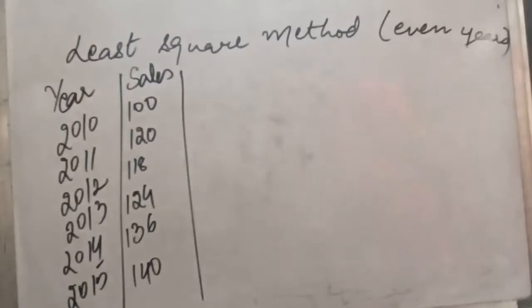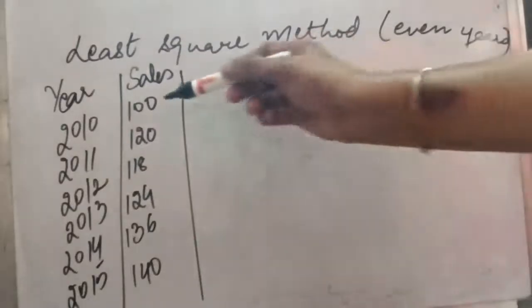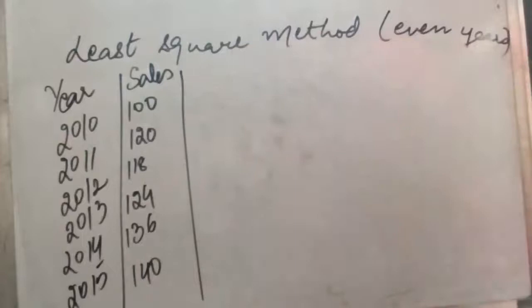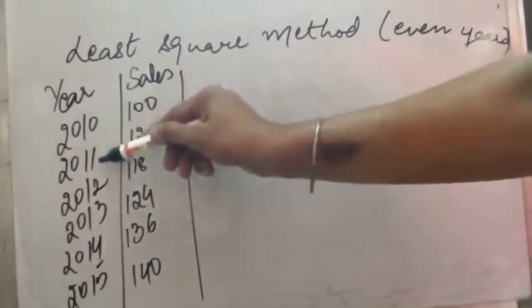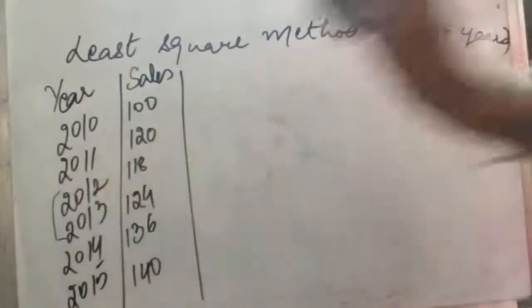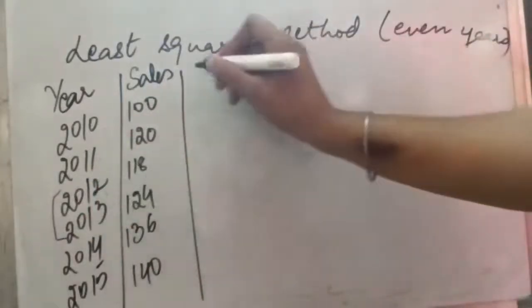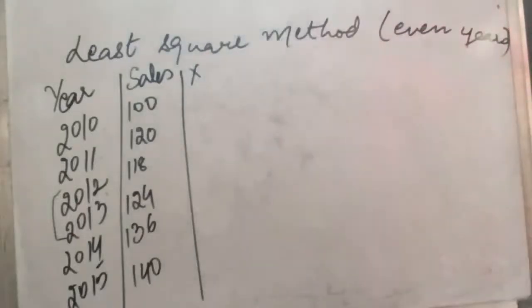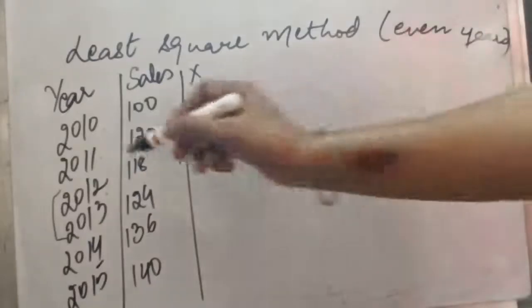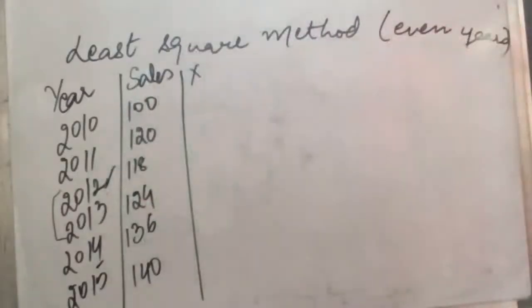This is another example of even numbers only. I will just show you how you can solve the question in some other way also. So here also you can see we have 6 years and these two are in the middle. So instead of taking its average while converting the x, we can take any other year also as the base year, as assumed mean. So here also we can take any year as the base year. For example, it has been given in the question that you have to take 2012 as the base year.